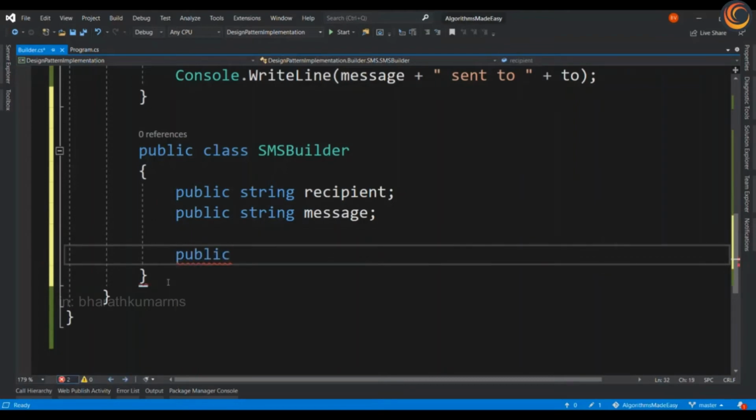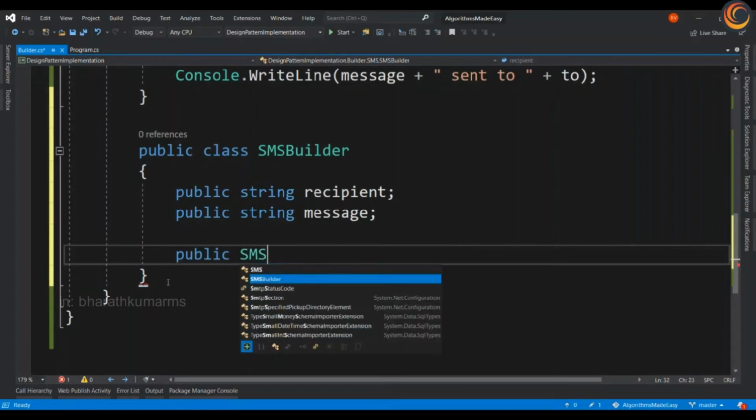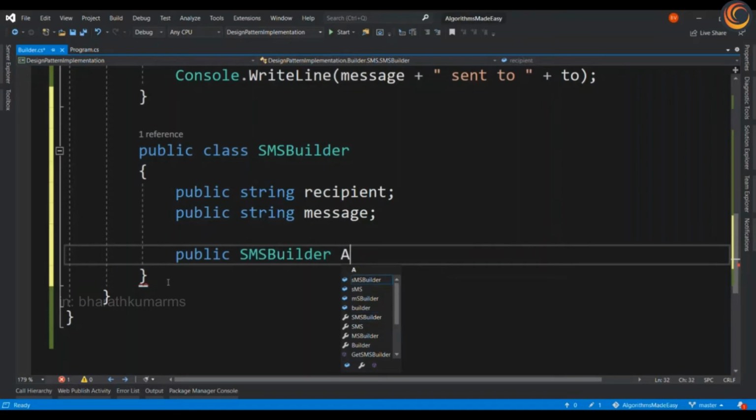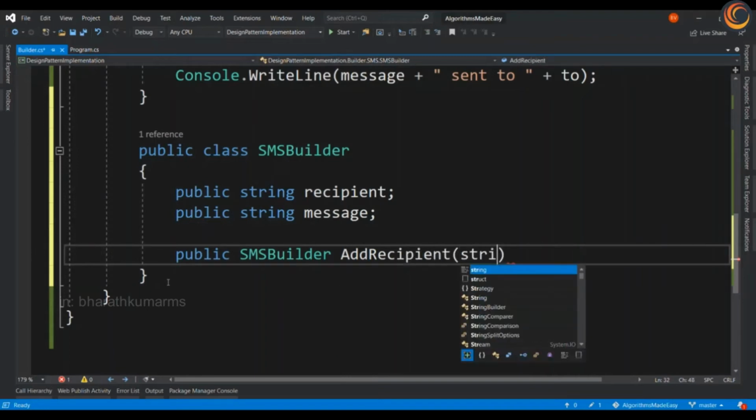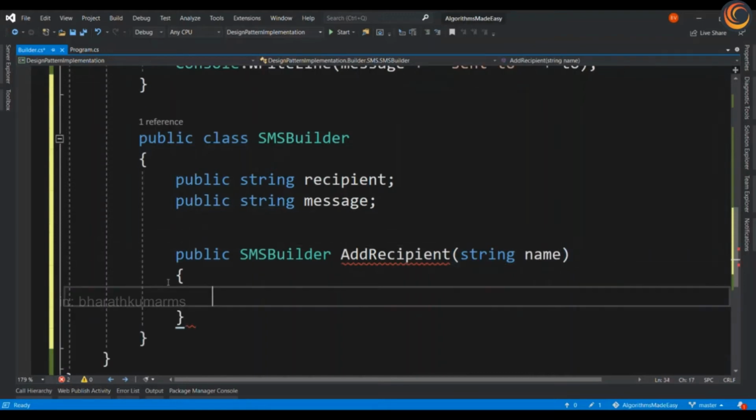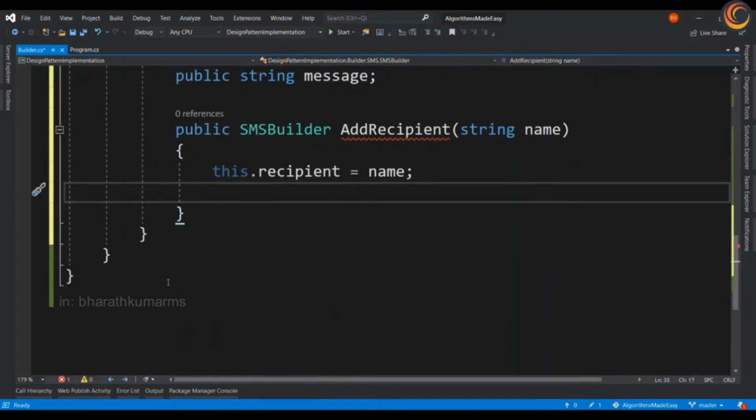And let's add these two information. I'll call this add recipient, String name, and say this.recipient is equal to name, and I will return this.